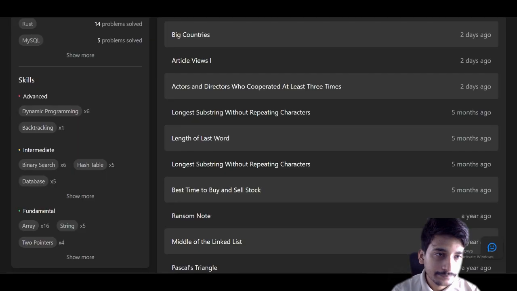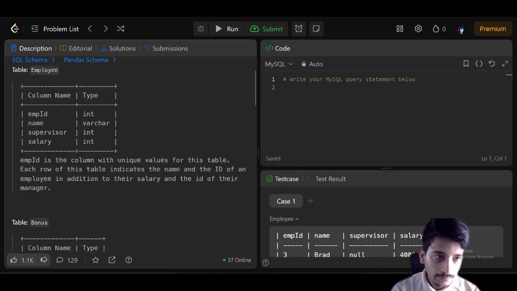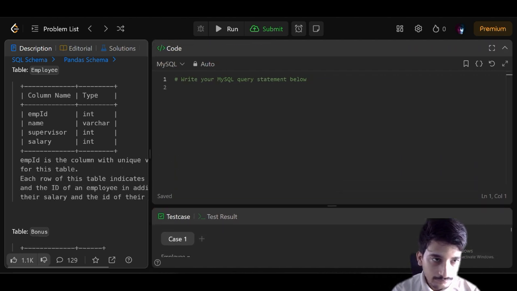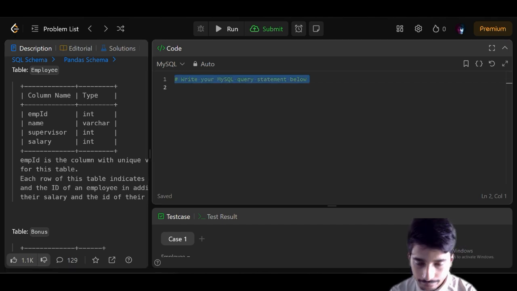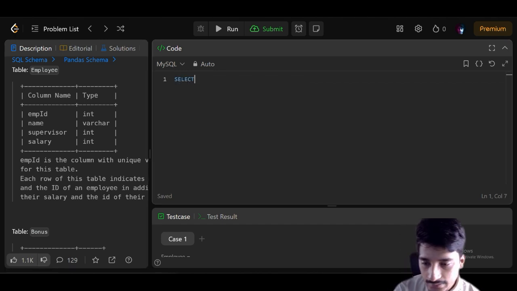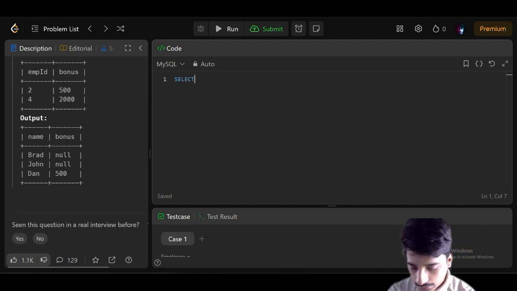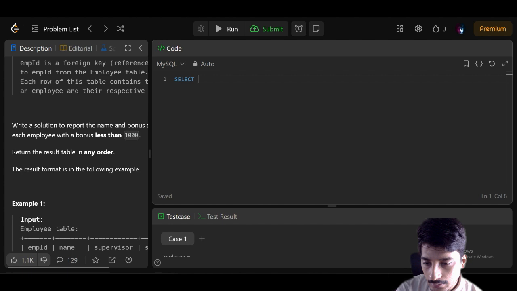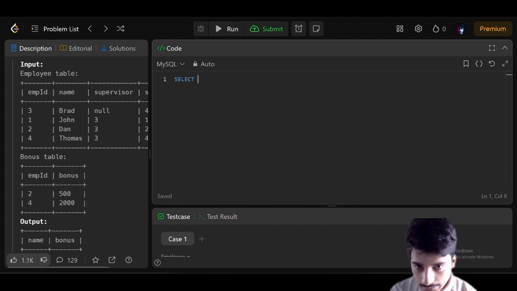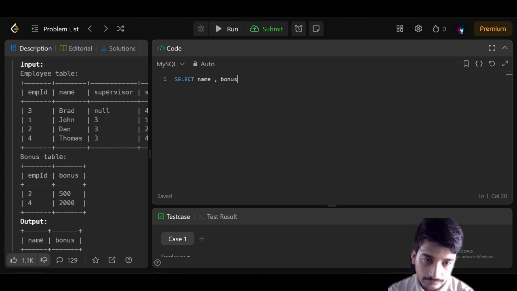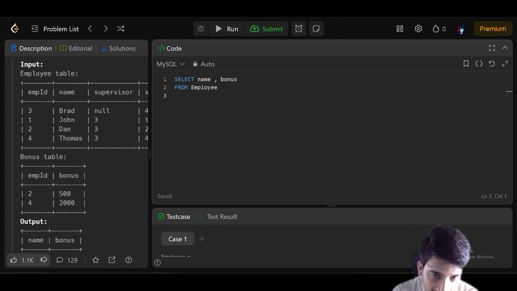So employee bonus, let's deep dive into it. Okay, so first we select what things we need to show. So we need to select name and we need to select bonus. From where we need to select, our employee is the first table, then the next statement would automatically be your table 2, left join on table bonus,